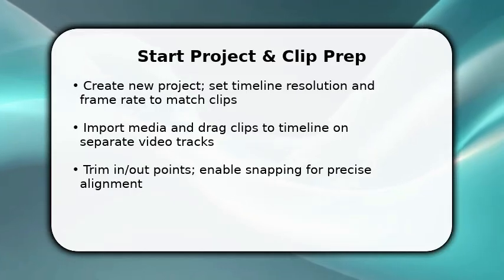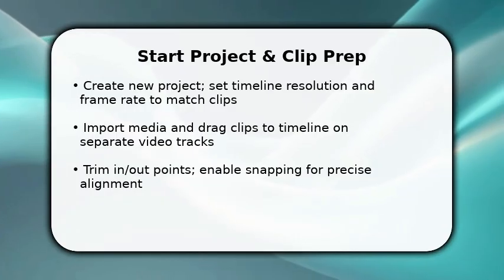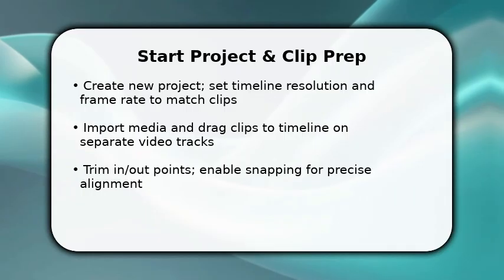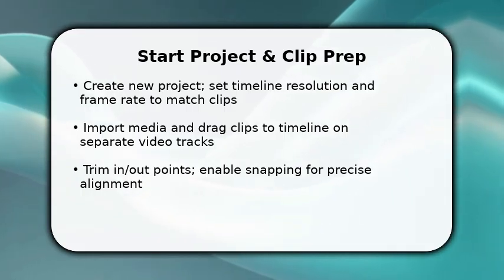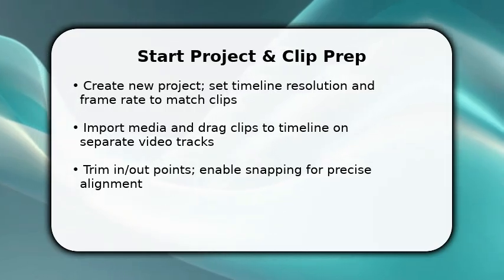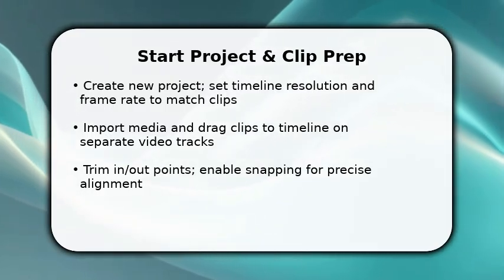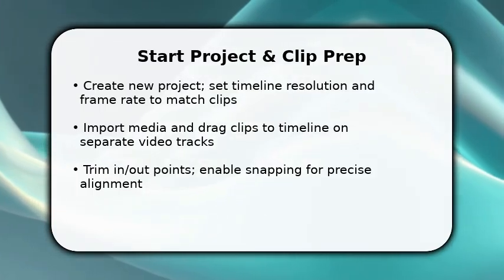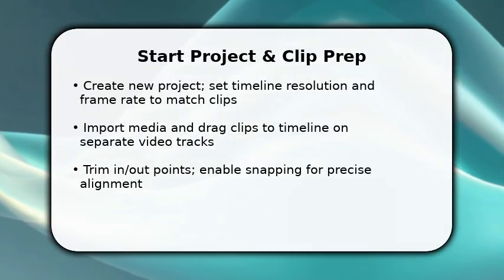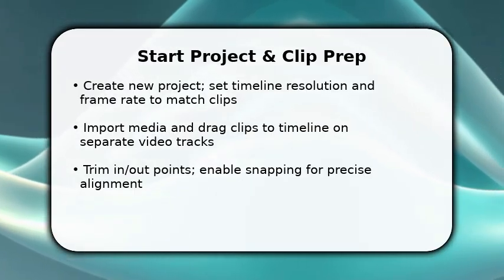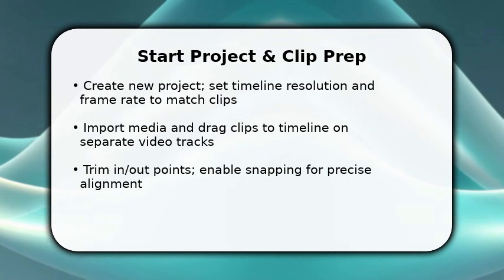You begin by preparing clips and the timeline so split screen works predictably. Set timeline resolution and frame rate to match your footage. This prevents scaling artifacts later. Import media and place each shot on its own track, then trim in and out points so content aligns. Once done, enable snapping and ripple as needed so clips meet precisely. This first step saves time because consistent settings mean transforms behave the same across clips, making the split layout much